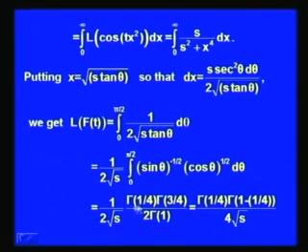So, we get gamma m plus 1 by 2, that is gamma 1 by 4, then gamma n plus 1 by 2, that is gamma 3 by 4, over 2 times gamma of m plus n plus 2 by 2. m is minus half, n is half. So, m plus n plus 2 by 2 gives you gamma 1, and therefore, we have the right hand side equal to gamma 1 by 4, gamma 3 by 4, which is gamma of 1 minus 1 by 4, divided by 4 into square root s into gamma of 1, which is equal to 1,